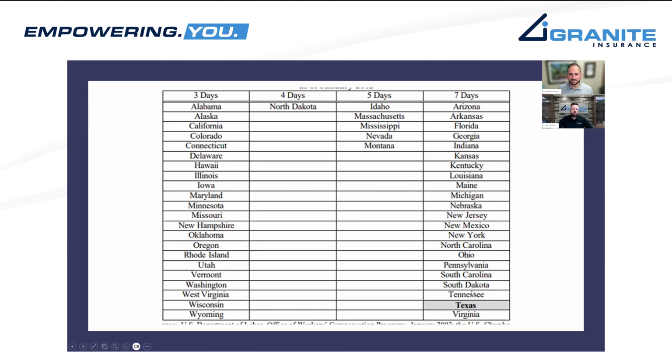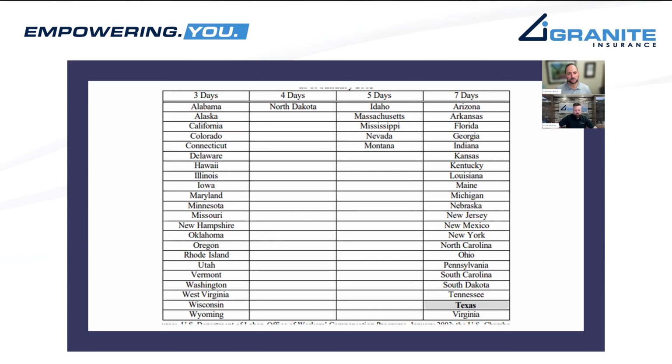We like 7 days, obviously, because it allows you more time to get that person back up and working in some type of light duty capacity. 3 days sometimes can be difficult. And guys, keep in mind, these are 3 calendar days. This is not 3 days that they were scheduled. So if they're a part-time employee and they were scheduled on Monday, the next Monday, and then the next Monday, that's not 3 weeks. No, it's 3 calendar days that they have to be back in some type of light duty capacity.